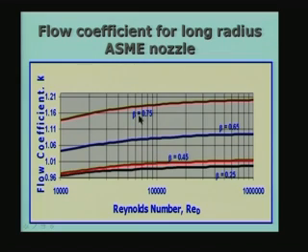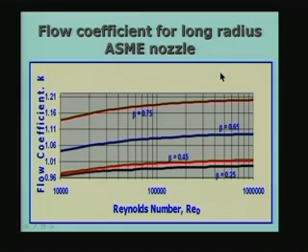So, if we choose a particular value of beta, the velocity of approach factor gets fixed, then the CD is going to determine the product of CD and the velocity of approach factor, and therefore the flow coefficient is nothing but the product of these two. And if you remember, the value of the CD for a nozzle is very close to unity. That means the value of the flow coefficient is almost close to the value of the velocity of approach factor itself. Of course, there is a small Reynolds number dependence, and asymptotically it will reach the value equal to M or very close to M. Okay. So, this is for the ASME nozzle.